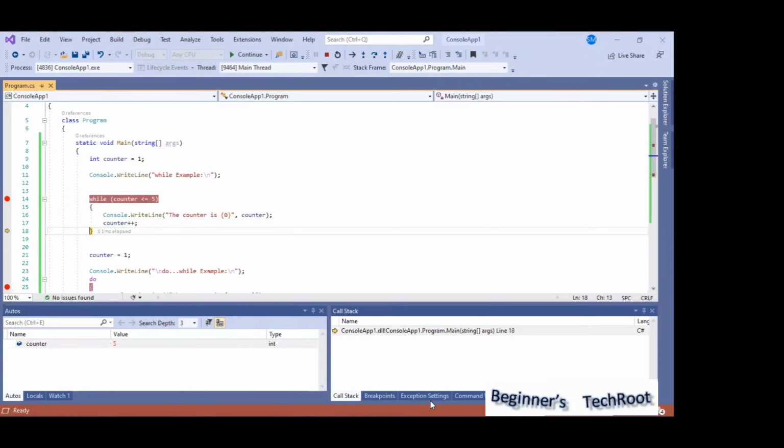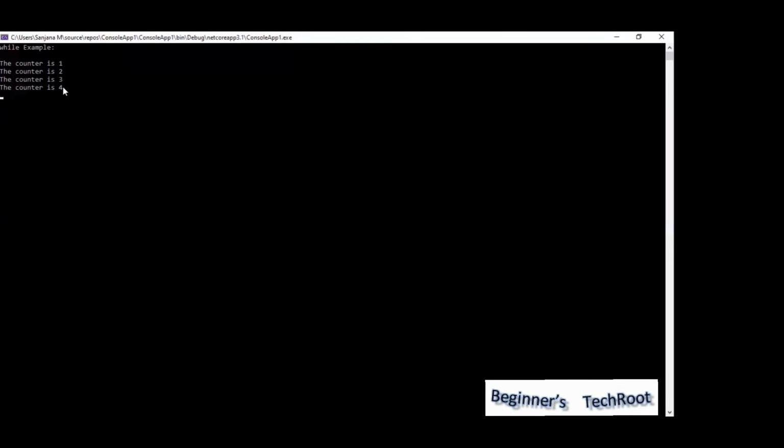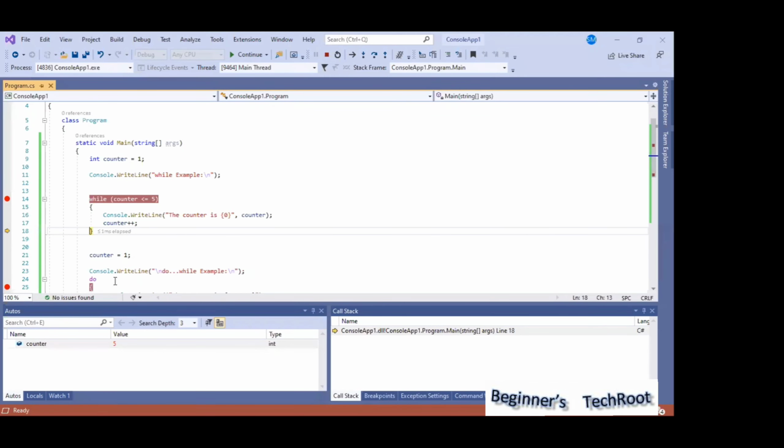If you see the output window, now it's written 1, 2, 3, 4. It's written up to 4, because the values so far go up to 4. Now the current value is 5. If I go to the top, 5 less than or equal to 5, yes, it's true. So again it writes 5, and now it's incremented, the value becomes 6. Again it will go up to the beginning of the loop.